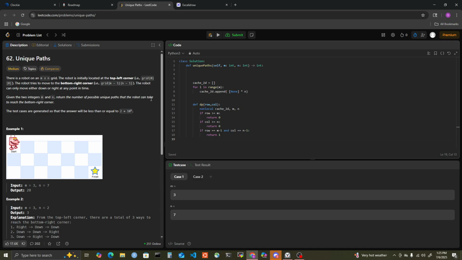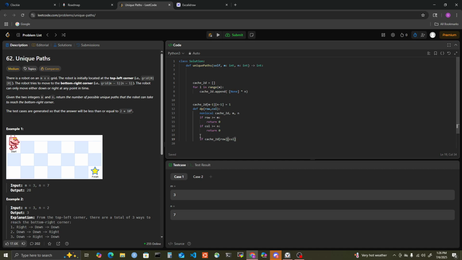Or honestly, a better way of writing that, my personal opinion, would be this: cache 2D of m minus 1, n minus 1 is equal to 1. That way I can just disregard this, because this right here will basically be inside the cache. So now I'll say if cache 2D of row